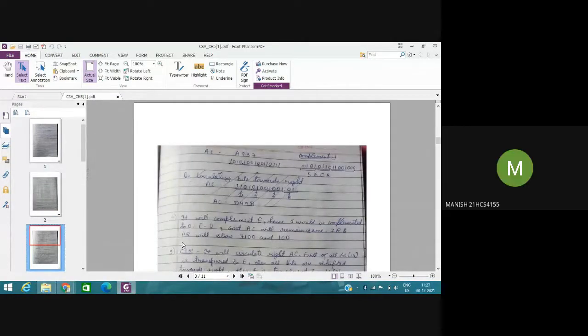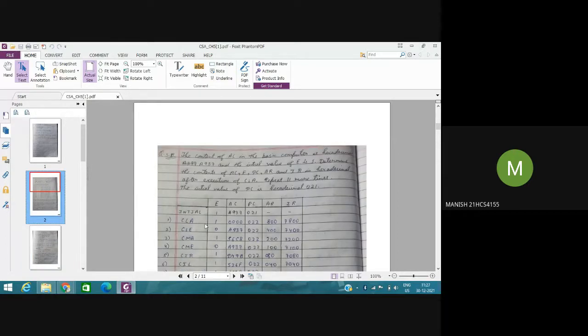Now we will do the complement E. The complement E instruction will complement the value which is present in the E. In the question it is given that the value of E is 1. So after complementing E, 1 will be changed to 0. After the complement E instruction, E will be storing 0 and the other values will remain the same, that is AC will be storing A937 only,